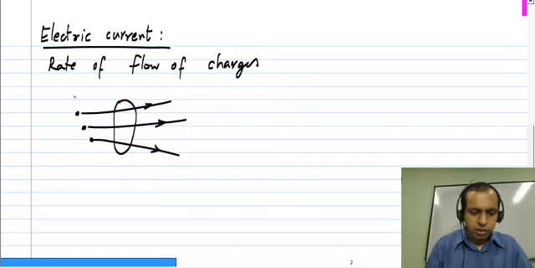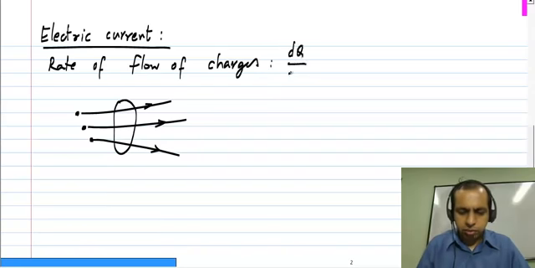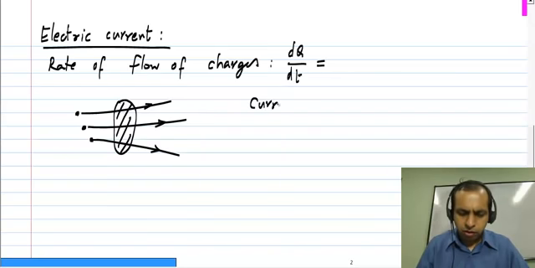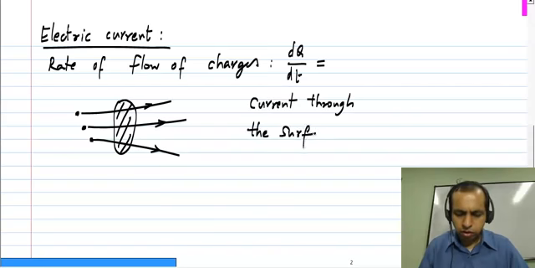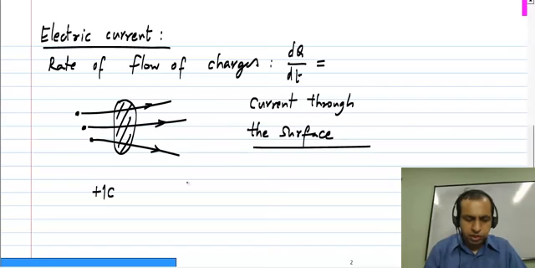Okay, so let's say these are some positive charges, and the rate of flow of charges, which is basically dq by dt across a certain surface, is the current through the surface. Okay, so if you have, let's say, a 1 coulomb charge, that is plus 1 coulomb charge, and